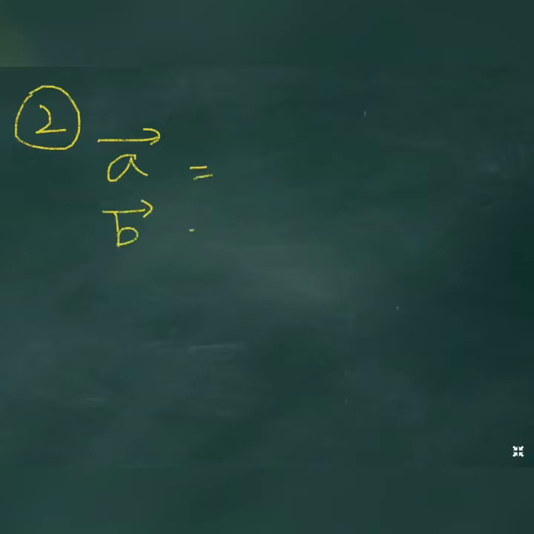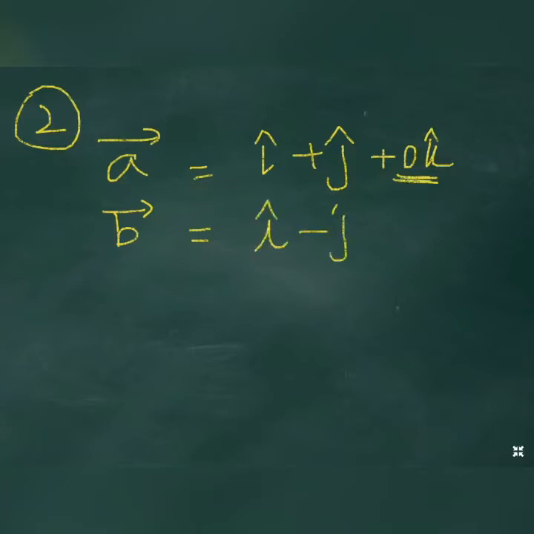We need to write two different vectors having the same magnitude. So first let us take the case of i cap plus j cap. Here we are using 2D, that's why we are having only i and j. So here 0 k cap will be there, that is, we are not going into 3D here, we are only involving 2 dimensions. And next in vector B we will write i cap minus j cap plus 0 k cap. Here also we are involving only 2D.